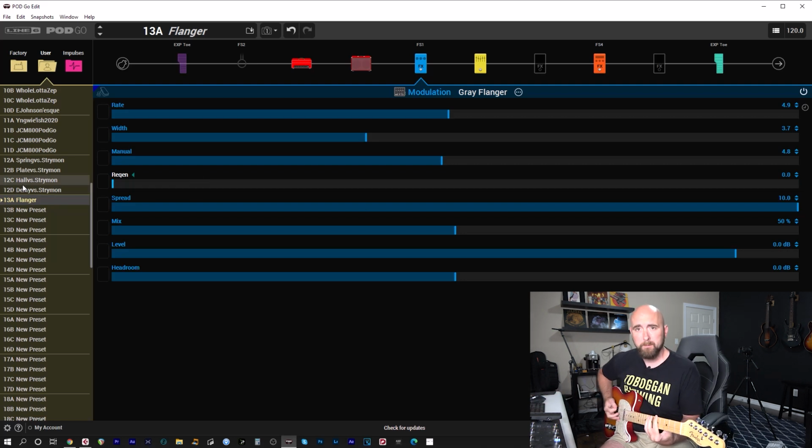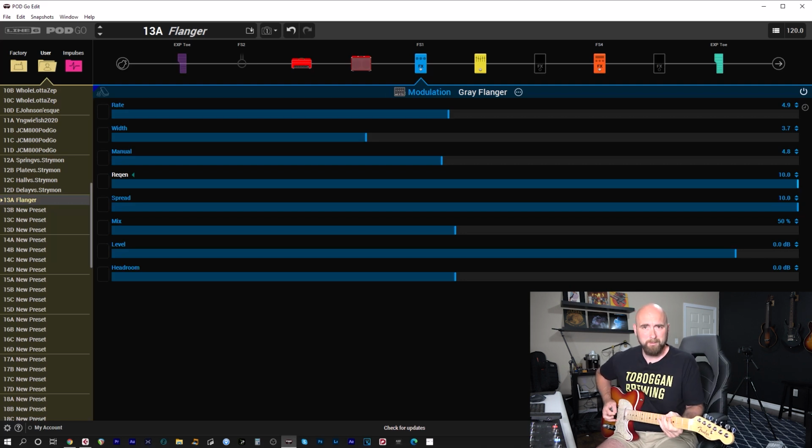With it off, we really want to accentuate that kind of sweep. If we go somewhere in the middle,